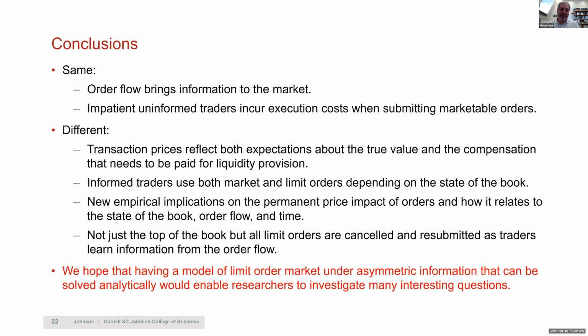And so I'm kind of happy. I think that those empirical implications can be tested, and that will be the test of the economic rationale behind the model. But I hope that beyond the empirical implications, people will be able to use it, because some of the comments and the questions that you had, how about we have iceberg orders? How about we have multiple speeds of the same trader type? I think a lot of them can be accommodated because they come down to differences in arrival rates and stuff like that, and that should be done pretty easily in the model. So I hope other people will use it as well.